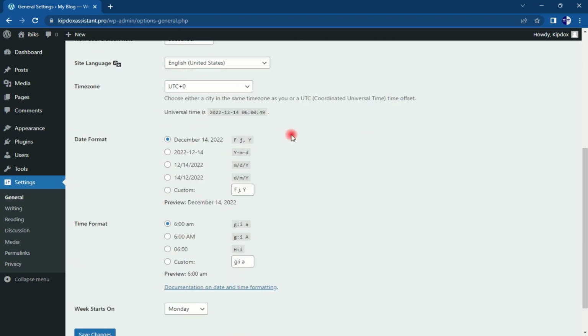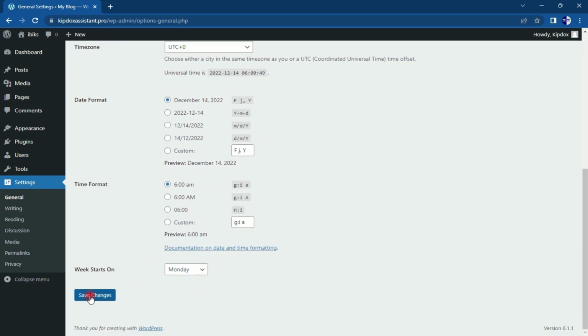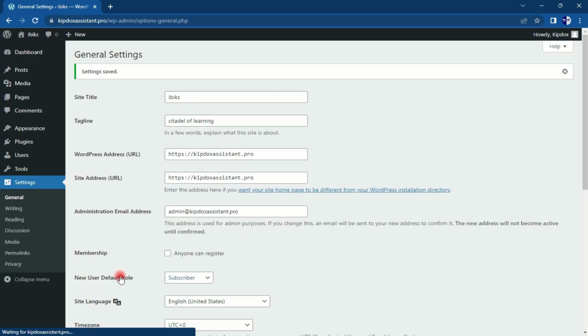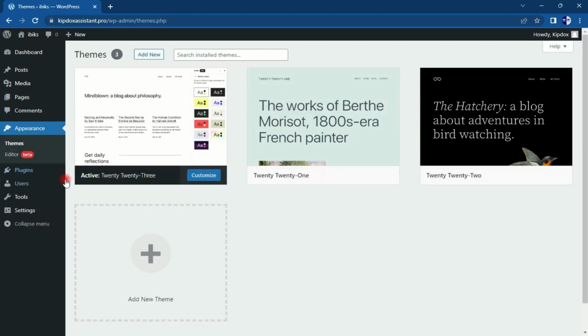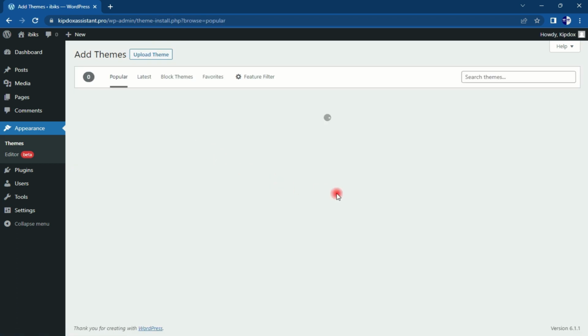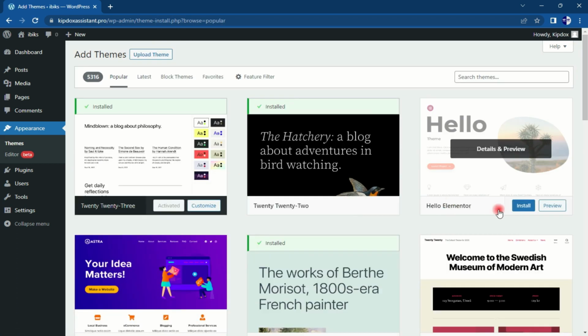So don't forget, make sure you select your date format, your time zone. Make sure you select your time zone and save changes. So the next thing that we have to do now is to go to appearance, click on theme. Let's go and select our theme. You can see that we are having 3 themes, so we don't want any of this theme, so we add a new theme. For this tutorial we'll be using Hello Elementor, so I'll install,